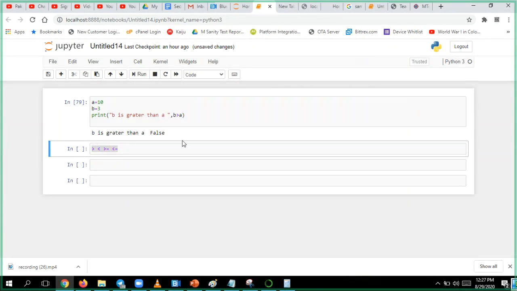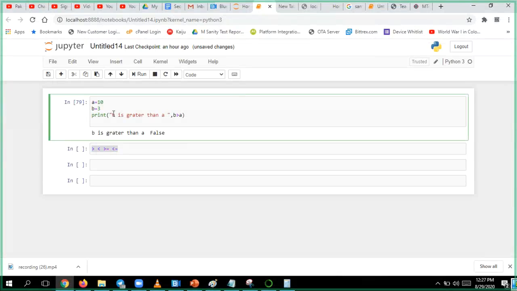So what is happening here is, it is trying to find the relationship between them and giving whether the condition we have given is true or false.